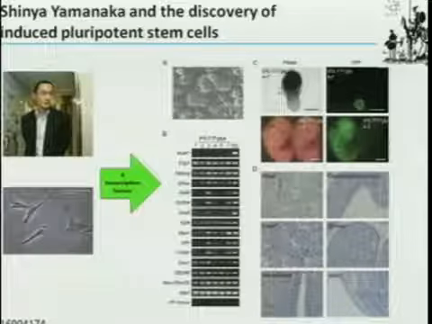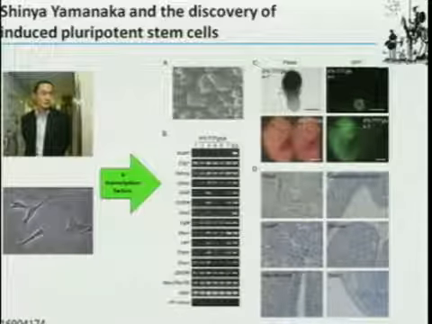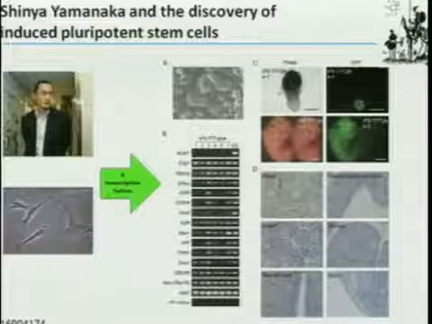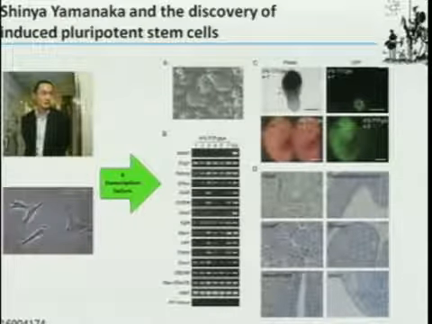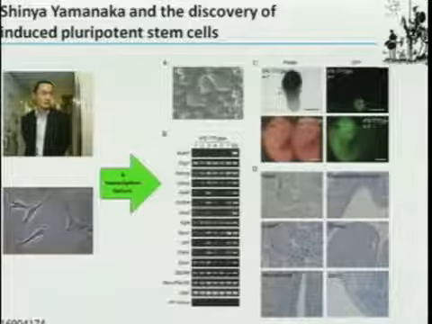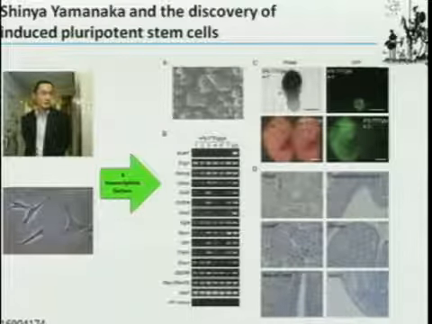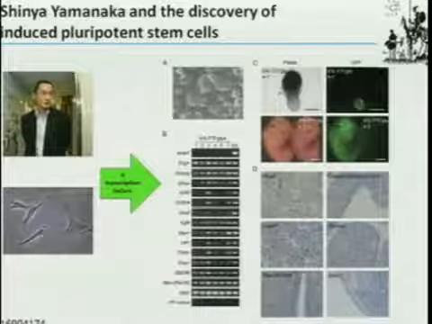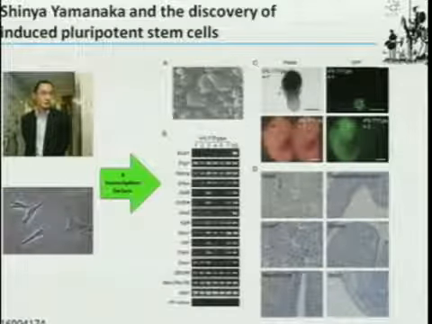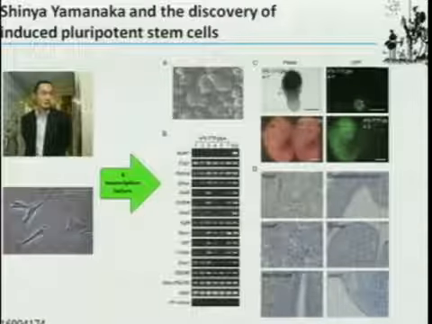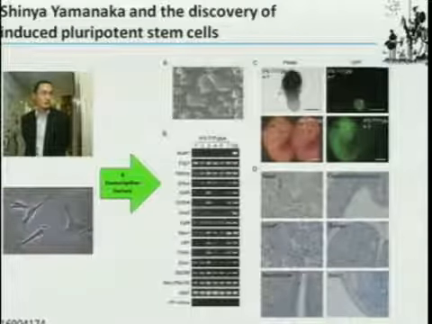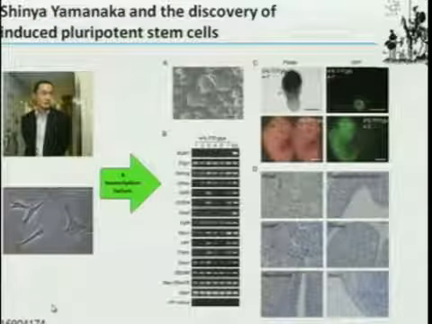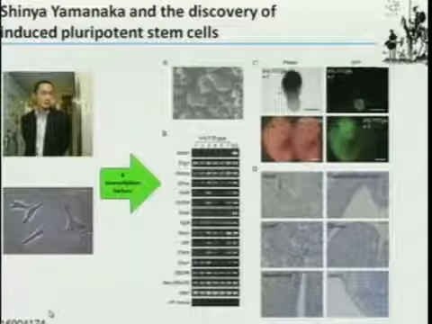How would you do that? By expressing in that fibroblast, so making a lot of, 4 proteins. What are those 4 proteins? They are transcription factors. What's a transcription factor? A transcription factor is a protein that binds DNA and changes gene expression. This remarkable experiment demonstrated, and I don't have any time to walk you through the data, but I encourage you to pull up this astonishing paper and read it.